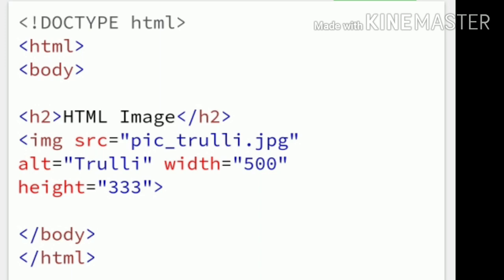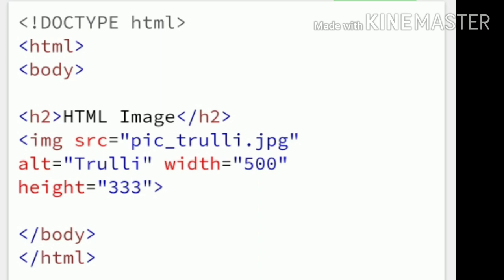Image: img src equal to within double quotation, pic_trulli.jpg, closing of double quotation, alt equal to within double quotation "Trulli", width is equal to 500 within double quotation, height is equal to 333 within double quotation, closing the body tag, closing of HTML tag.